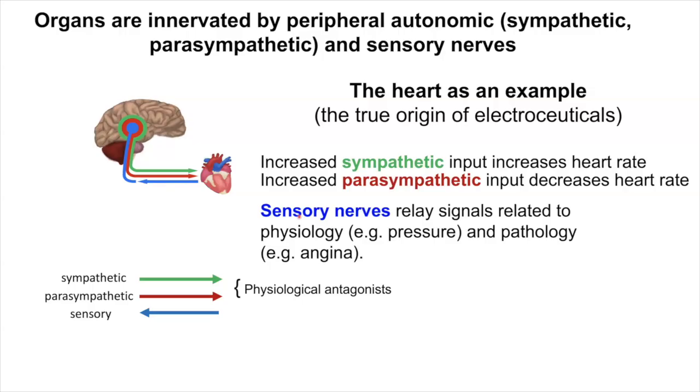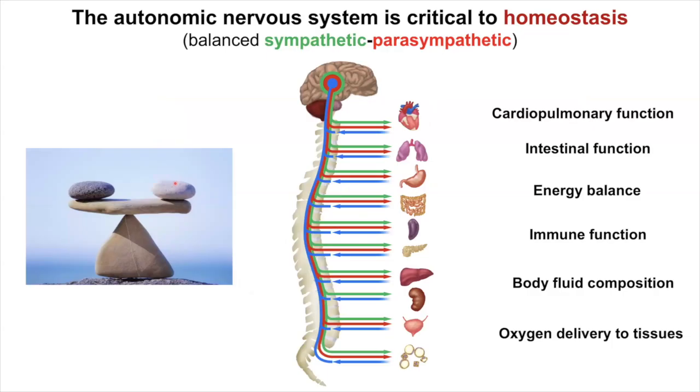But what I want to point out here, the sensory innervation of the heart is there for both normal physiology, for example, pressure in the heart, volume of the chambers, but also in pathology. So angina, for example, these pathways would be activated. Now, that's pretty much the setup for most every organ in the body. And so we talk about autonomic control and its critical role in homeostasis, and that you have a balanced input of both sympathetic and parasympathetic to these organs to maintain all of these functions, right? So a balance of those two is critical on a moment-to-moment basis.